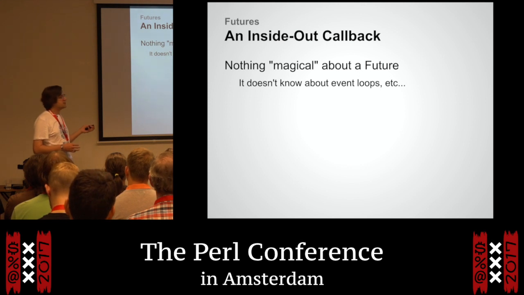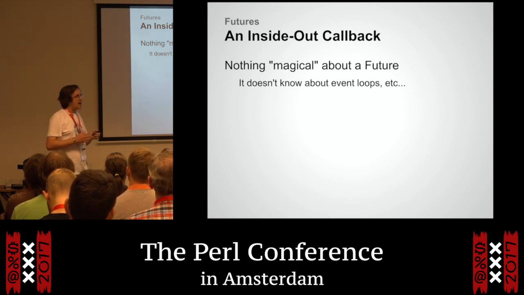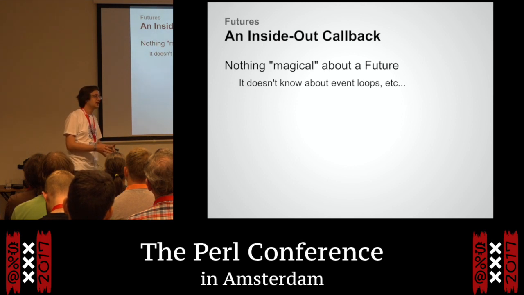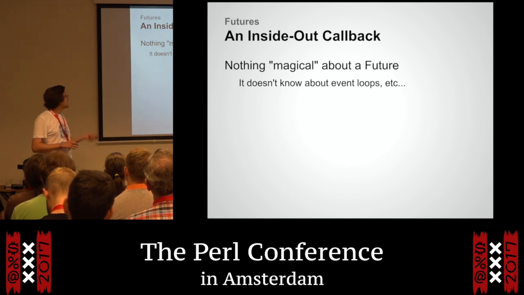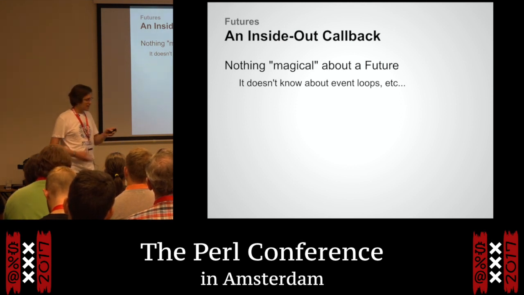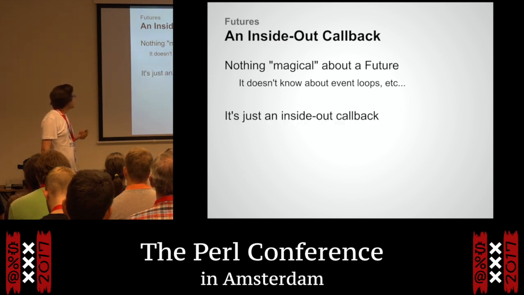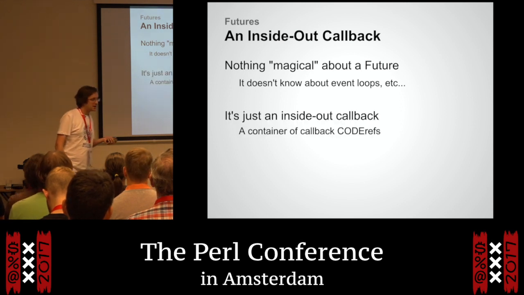The way you actually implement a function for real that might return a future has to do something to work out how it's going to be asynchronous inside. But that's the lowest level implementation detail. And all the rest of the wrapping above is just working with these inside-out callback boxes. I'd say it's an inside-out callback.